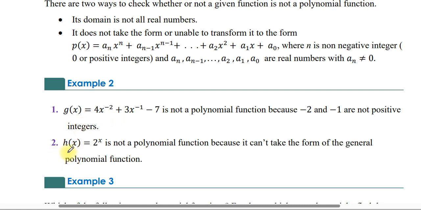ሁለተኛ h of x which is equal to the power of x is not a polynomial function because it cannot take the form of the general polynomial function. To the power of x is no polynomial function, rather ምን ይባላል? ራሽናል ፋንክሽን እንለዋለን ማለት ነው። እንደዚህ አይነት ፋንክሽን ሲሰጥ to the power of x ምክንያቱም ይሄ ፎርም የፖሊኖሚያል ፋንክሽን ፎርም አይደለም። ስለዚህ በዚህ ወይ ቼክ ማድረግ ይቻላል።